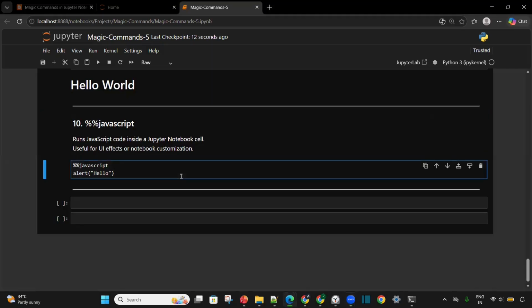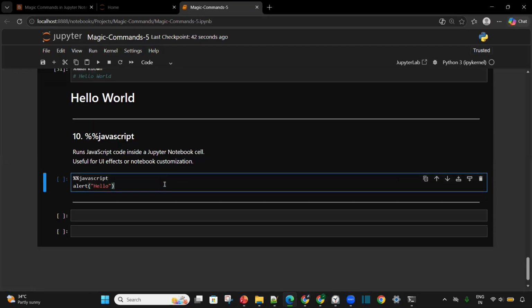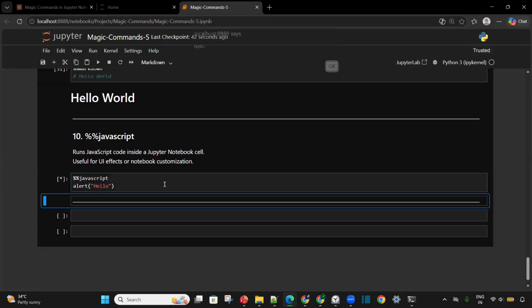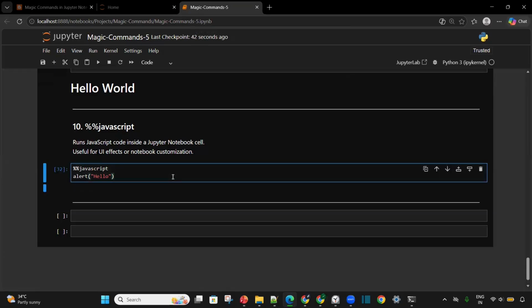Okay, so let's see that in action. So here we have a code, %%javascript, and below that we have a JavaScript code which adds an alert hello. Okay, so let's run this code. If I run the code, it gives the alert with the text hello that we have added. Let's give OK. Okay, so this is how we can use the %%javascript magic command to run a JavaScript code